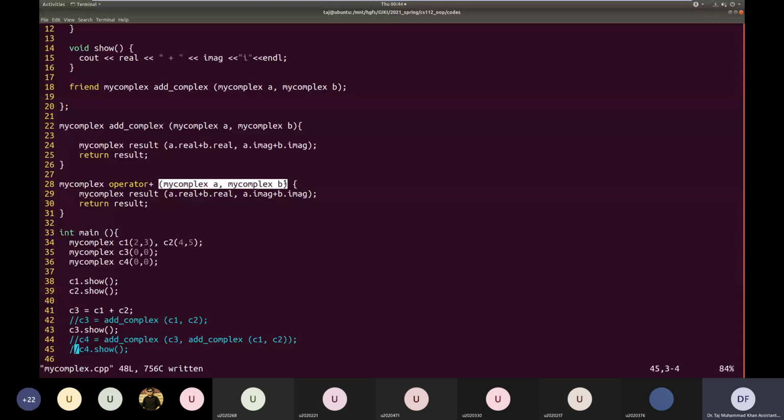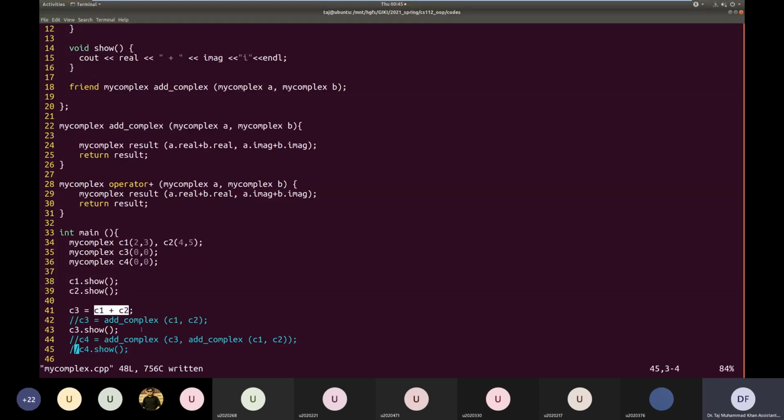So the left hand operand C1 will be received in A, and B will receive the right operand, for this operator call C1 plus C2. So B will receive C2 and A will receive C1.